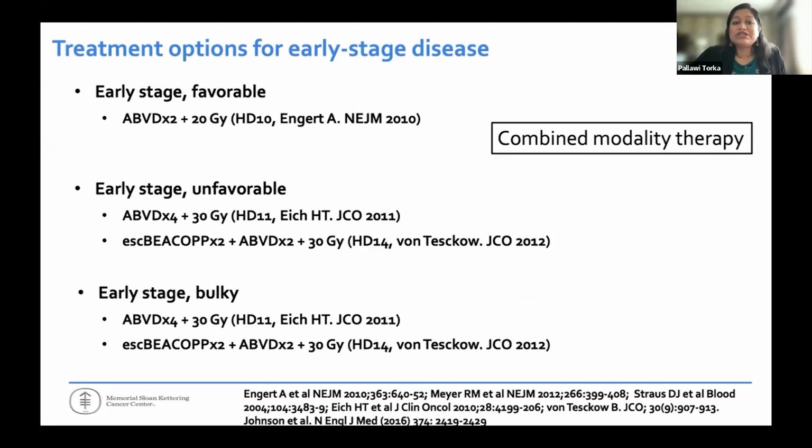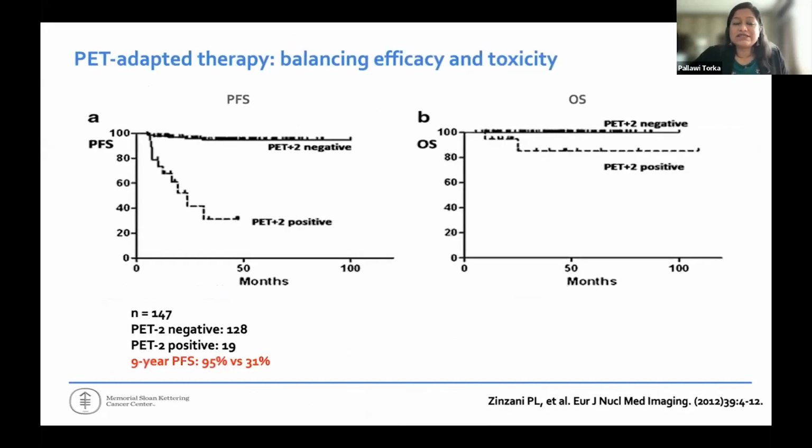But now the question is, what if you don't want to do radiation? What if the disease is in the chest and you want to avoid radiation? You don't want to do combined modality. You want to do only chemotherapy. So that's when further studies come in. So again, I'm showing this slide to show that PET scan can be used to adapt